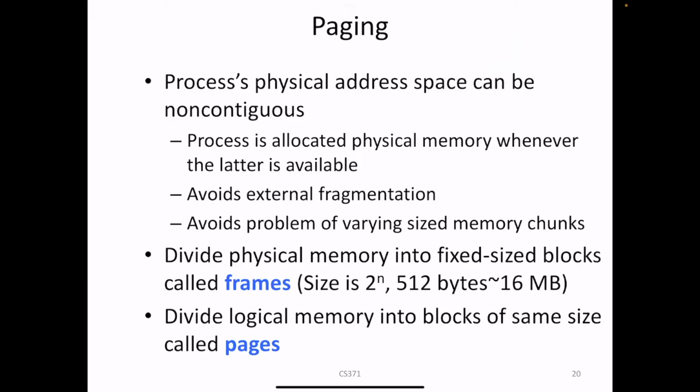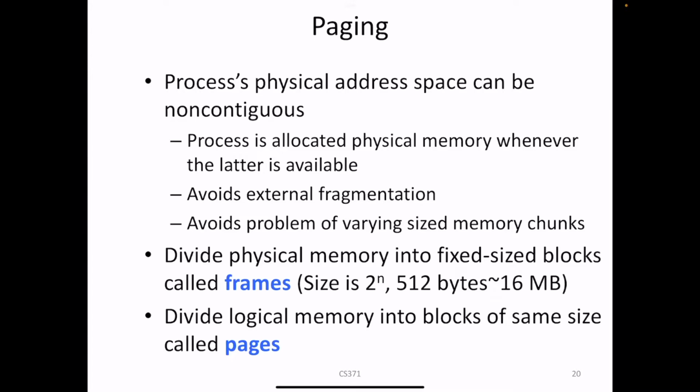Next, let's look at the paging allocation mechanism. As we have mentioned in the previous slide, the major feature of using the paging allocation mechanism is that a process's physical address space can be non-contiguous. As long as the total size of the free physical memory space is large enough to hold the process, the process can be allocated on that physical memory space. Therefore, the paging mechanism can totally avoid the external fragmentation problem, and also avoid the problem of different sizes of memory